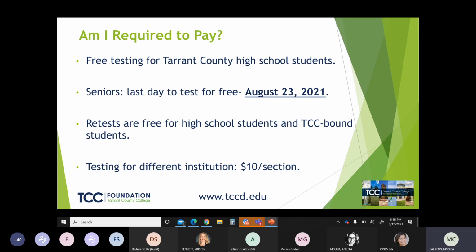So again, to clarify, if you are in high school and you need to take your TSI test, your test is free. However, once you take that free test, and you choose to retest, it is going to be $10 per section.